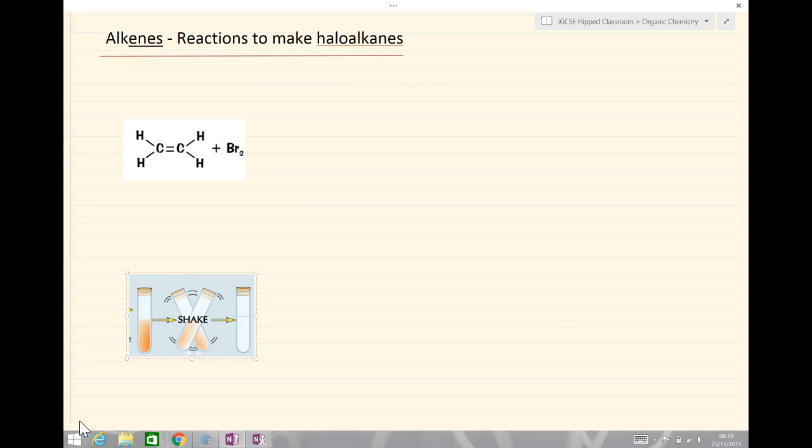So the final thing in today's lesson is to look at alkenes and their reactions to make what we call haloalkanes. So similar in reaction as we had before, where we've got the bromine from the halogens, which is, remember, group 7. So this could be fluorine, could be chlorine, could be bromine, and could be iodine in place of the bromine. And the reaction here with ethene, but it could be propene or butene, as we've seen already. They come together, and we get a product here